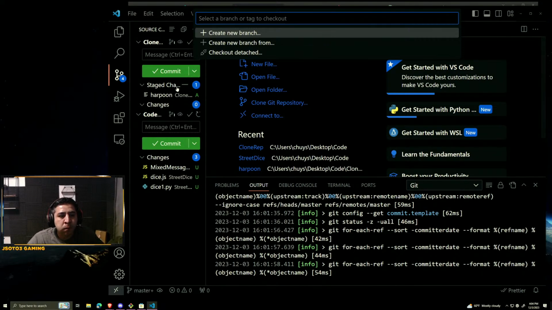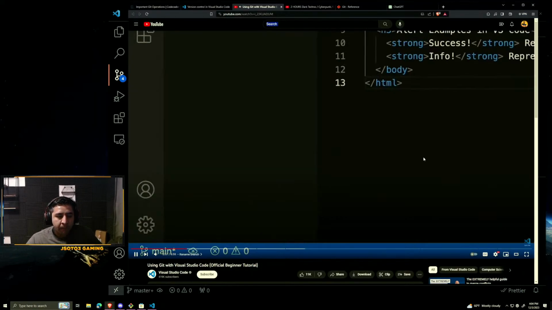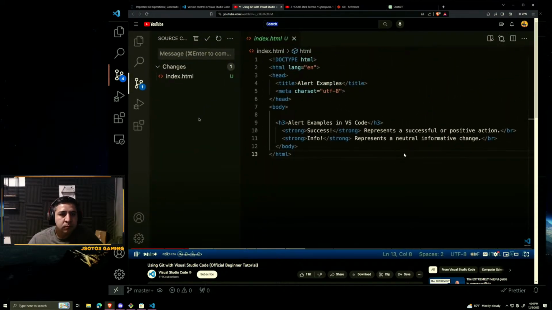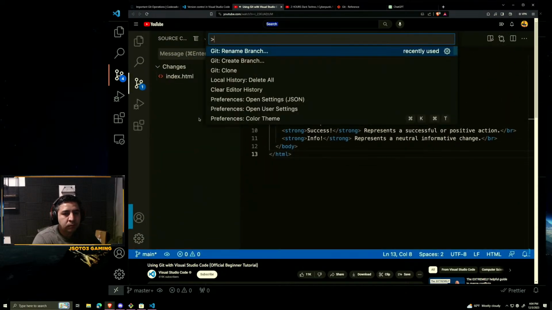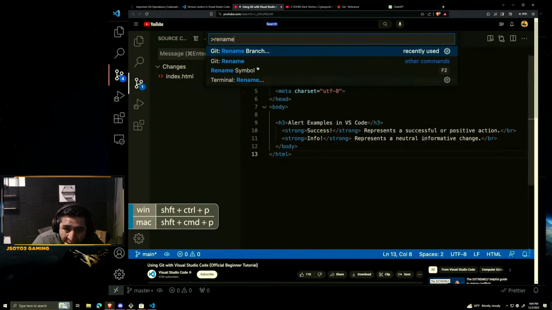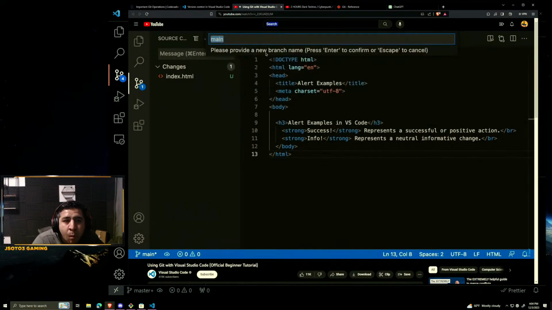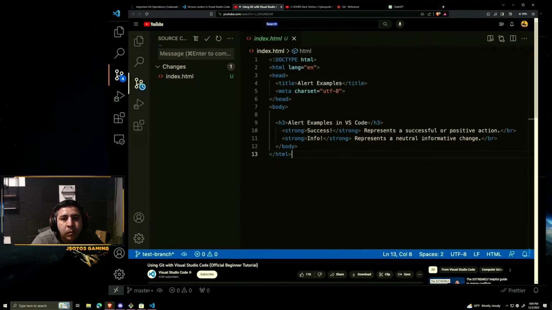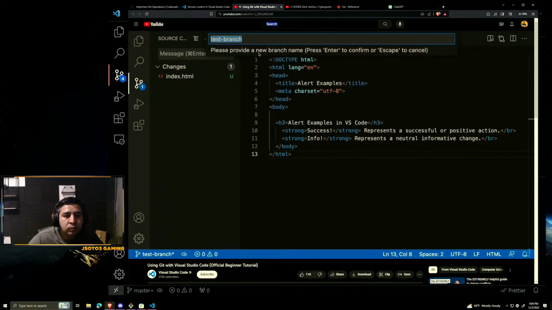All right, let's watch the video though. But if you needed to rename it, you can simply open the command palette, Shift Command P, and type rename. And let's say we want to call it test branch, and just hit enter. And now you see it reflected below. But I'm going to rename it back